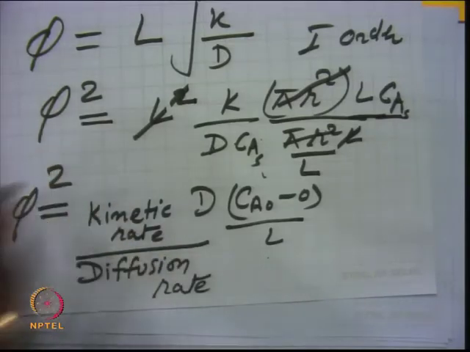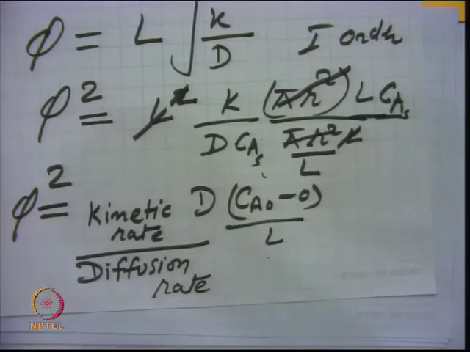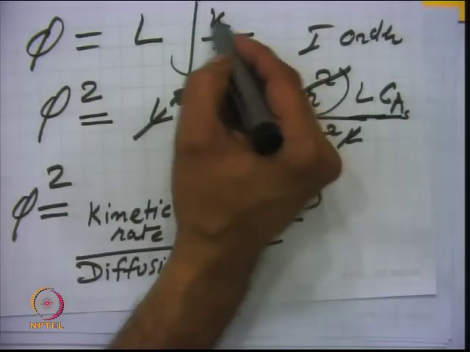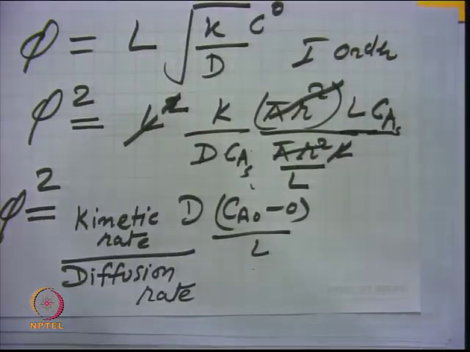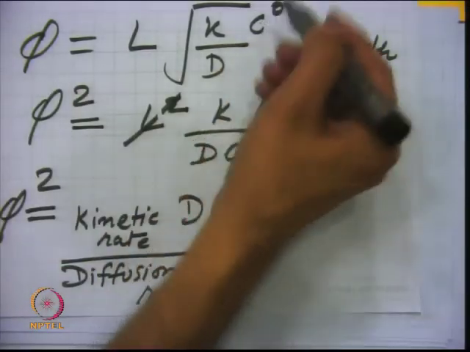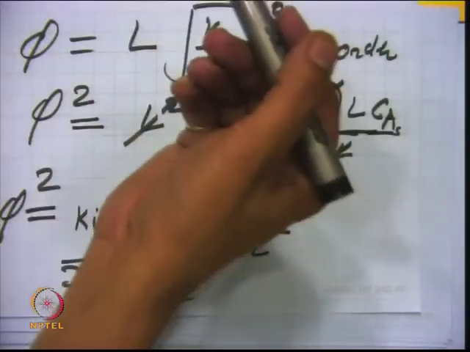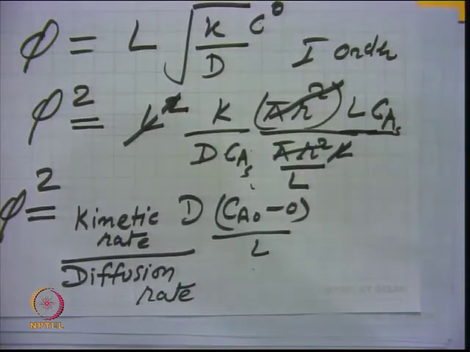Same thing, this is for one pore of a catalyst, and the same definition is extended for any nth order reaction, because for first order you observed k, C to the power 0. If you write the same expression for second order reaction, then you will have here C. If third order, it becomes 2. So, in general this rate term phi square is k n r square times C A S to the power n minus 1, that is the general expression now for any nth order reaction.